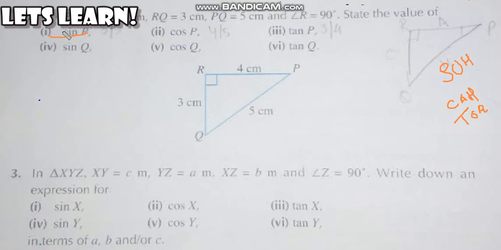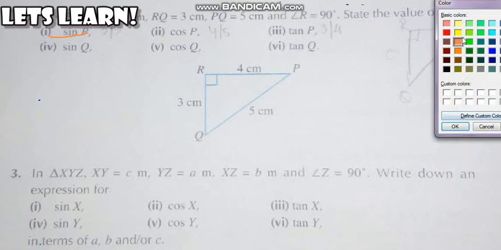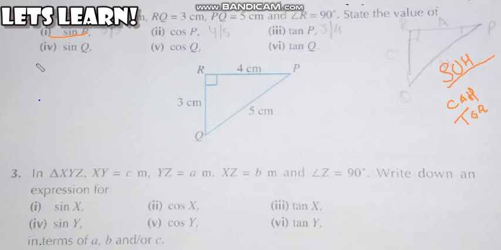So if I want to calculate the sine, I have to use the first one, that is sine opposite over hypotenuse. So let me write in the formula over here. So sine of an angle is equal to opposite over hypotenuse. But I don't know which is my opposite, which is my hypotenuse, which is my adjacent in this triangle. So let me choose angle P here first, because I'm going to do with angle P.